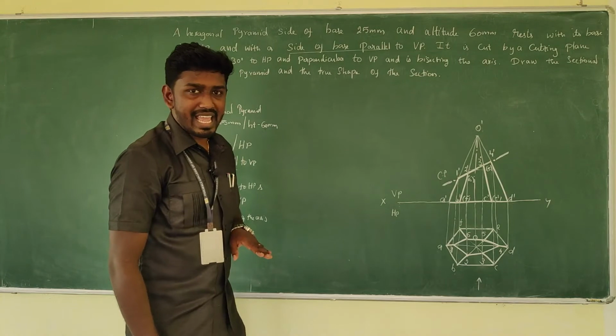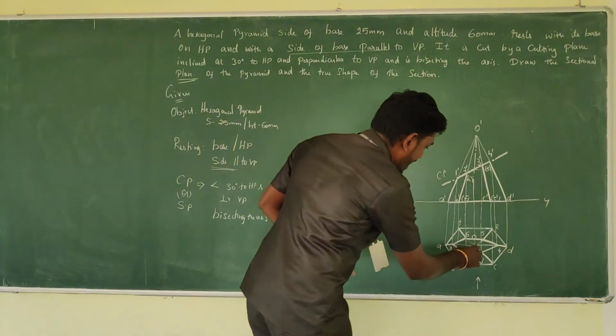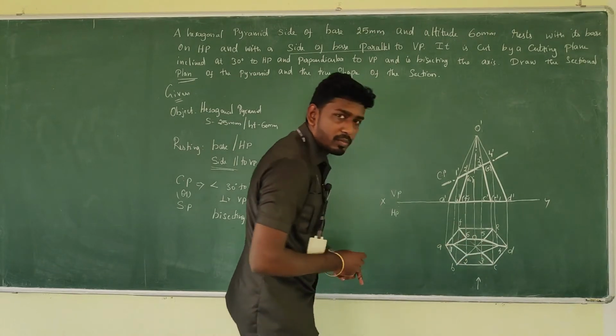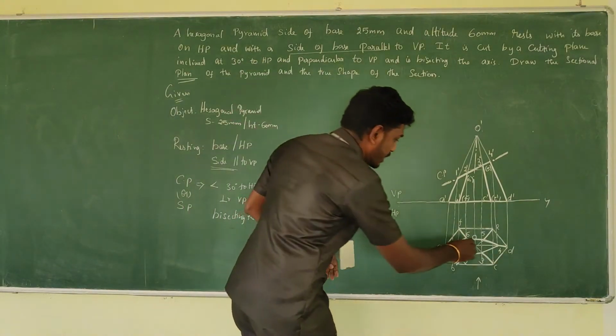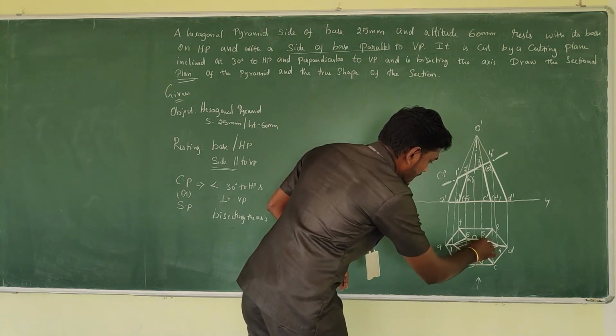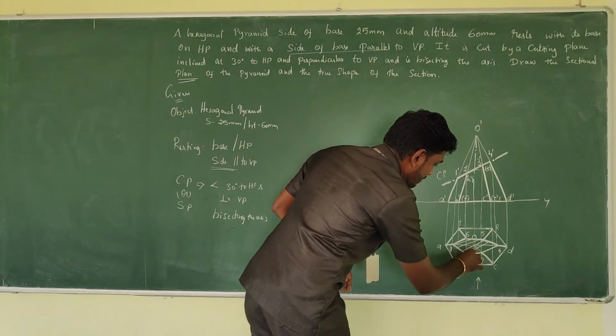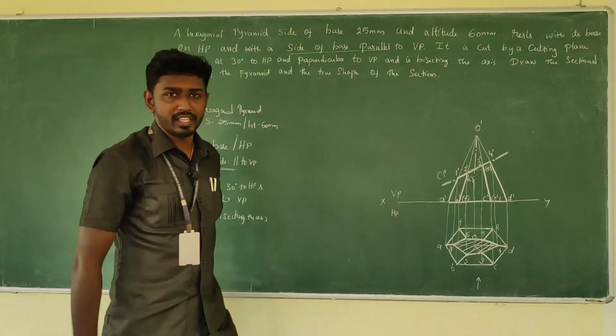The cutting plane is inclined, so the section happens at this particular place. What we have to do is section the object by using hatching. We have to capture it with hatching in order to specify that it is sectioned. So just draw inclined lines at 45 degrees with equal spacing of how much?